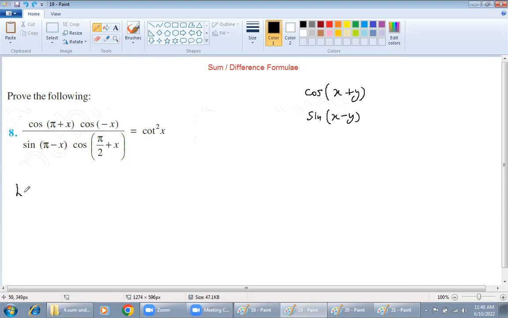So left hand side, cos of pi plus x, cos of x plus y has the formula cos x cos y minus sin x sin y,